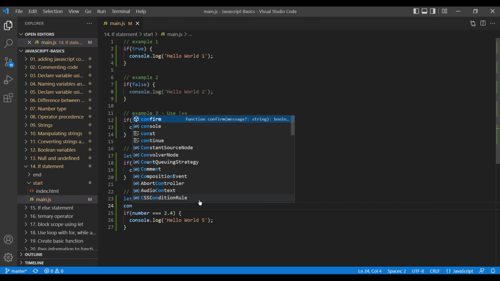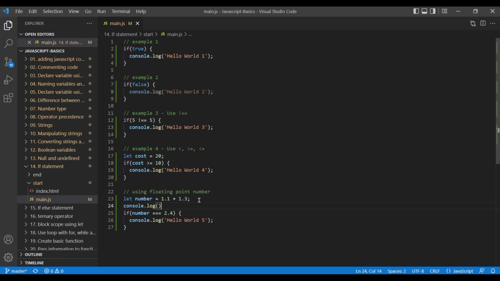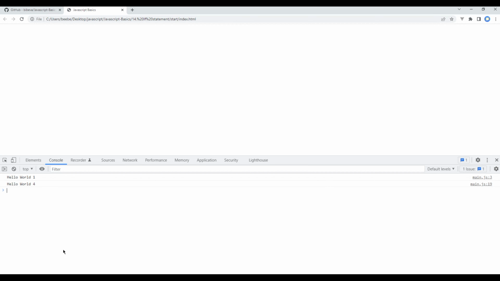So let's check it. Let's add console.log number. So the actual value of number is not 2.4. It has got a lot more digits at the end. To fix this,